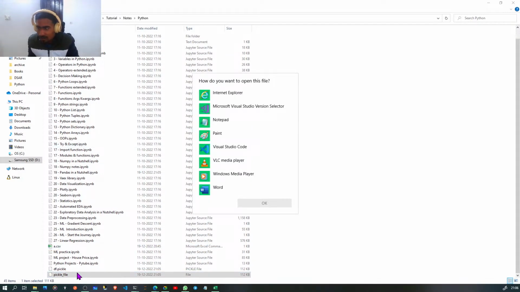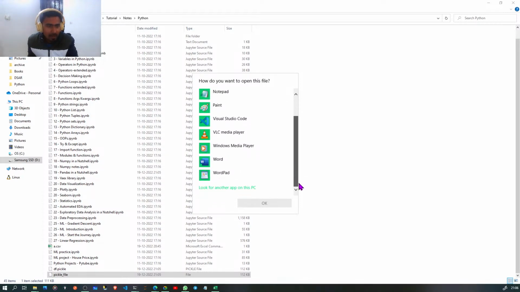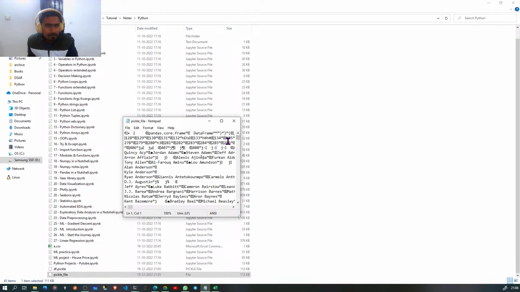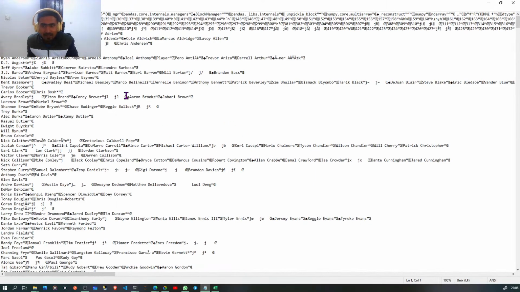So here I have double clicked, and after the double click it is asking with which application you want to open this file: Internet Explorer, Microsoft Visual Studio version selector, Notepad, Paint, VS Code, VLC Media Player, Windows Media Player, Word, or maybe WordPad also. So maybe if I select Notepad, then see,